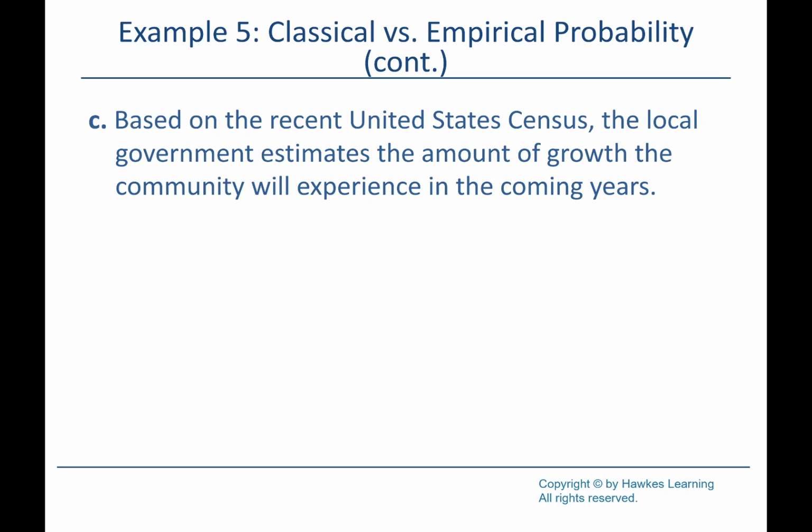So that's the main idea. If you know all the outcomes, and you can divide by the total that there are out there that you could possibly have, then that's classical probability. If you're just collecting part of the information, that would be empirical probability. And I'm not going to give you any super tricky anything.